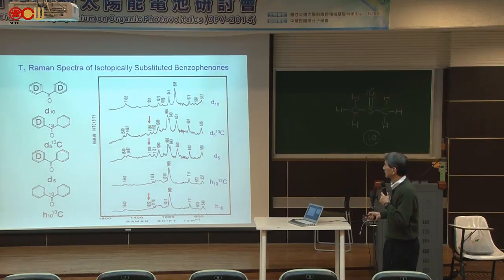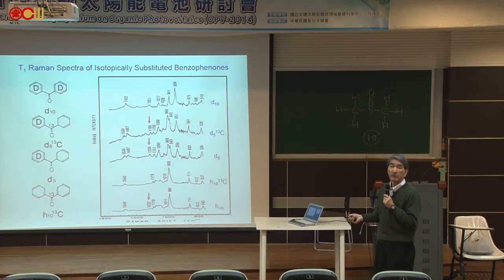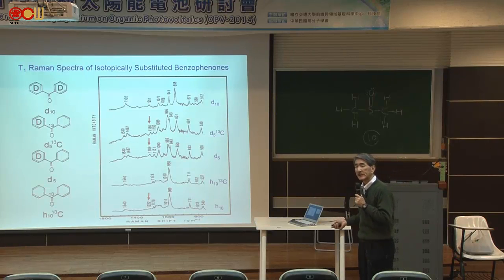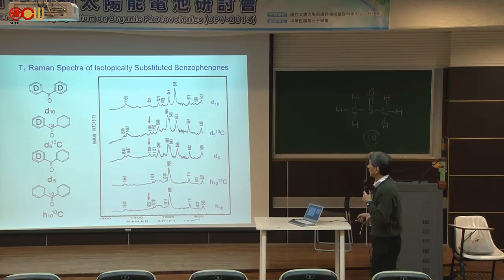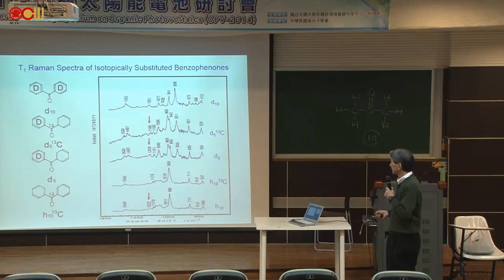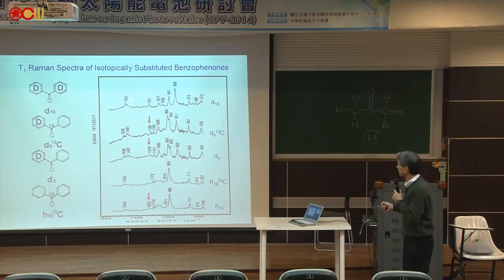And here we have only the hydrogens in one ring deuterated, and here we have only the carbon-13, or centered carbon here, substituted with carbon-13. So a student did all the synthesis of these isotopically substituted benzophenone and measured the triplet spectrum,